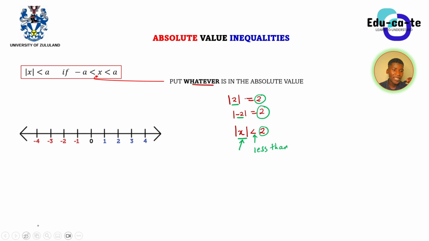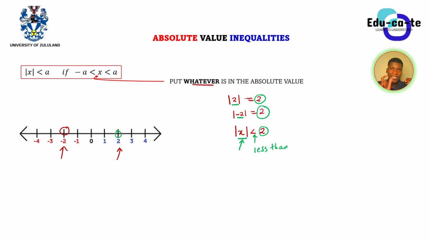So basically, I know that here at negative 2 and here at positive 2, let me put open circles. So this is negative 2 and this is positive 2. These are the two places where I know definitely that the absolute value is 2, and the distance away from 0 is 2. Now I want to get a distance that is less than 2.